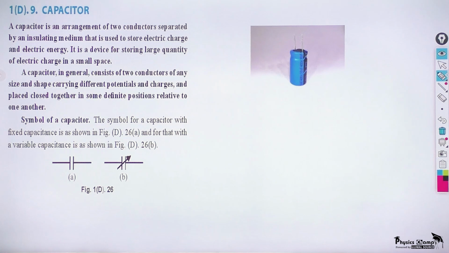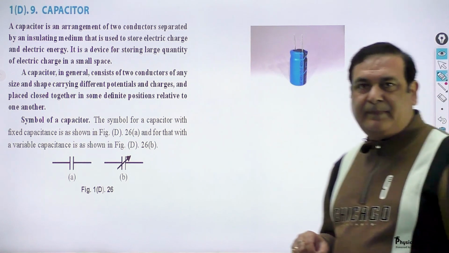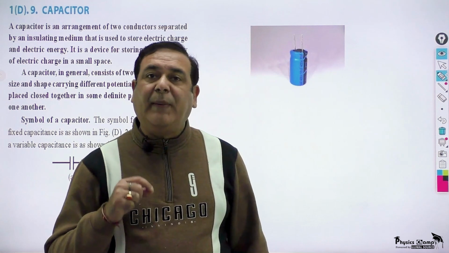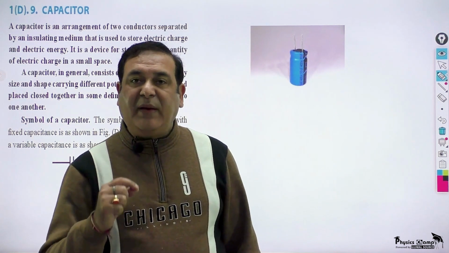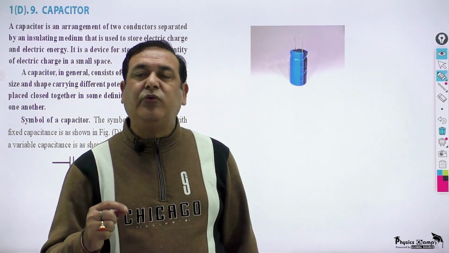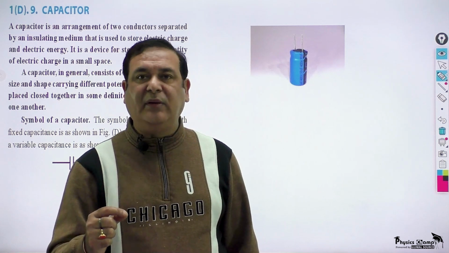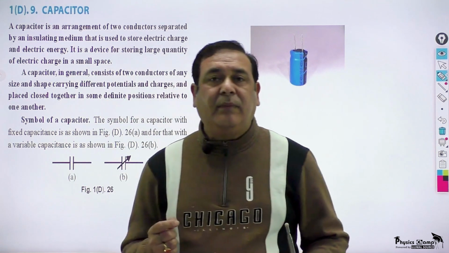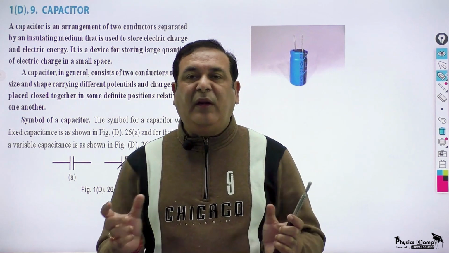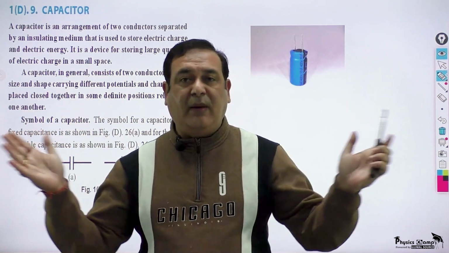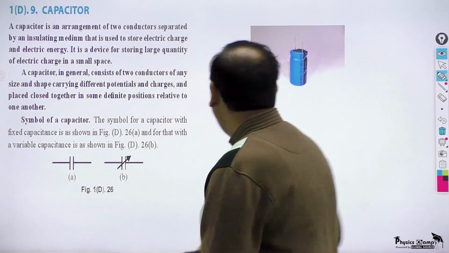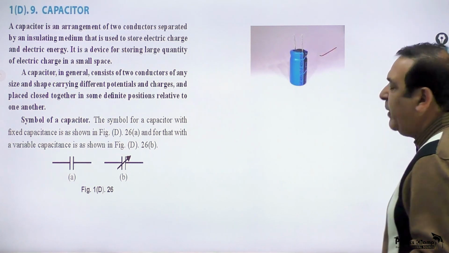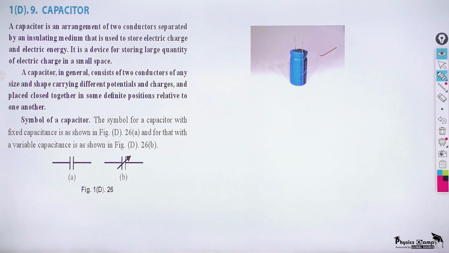Now we can talk about capacitors. I have already discussed with you what a capacitor is. A capacitor is an arrangement to store maximum amount of charge in the smallest space. And I would say in the small space you have a large capacitance. And when we talk of these capacitors, one picture of capacitor I have shared with you here, it is electrolytic